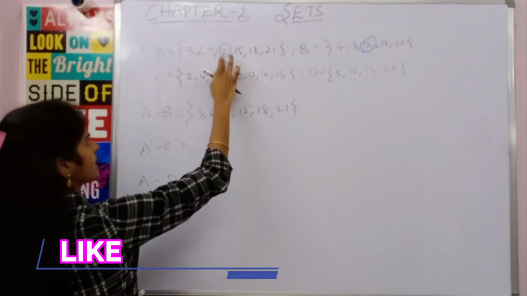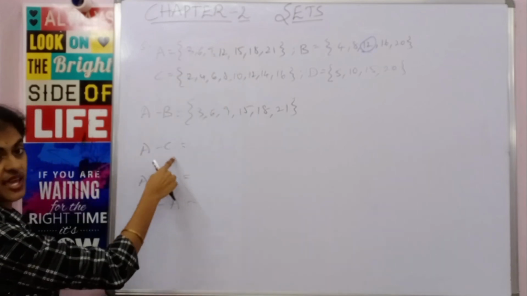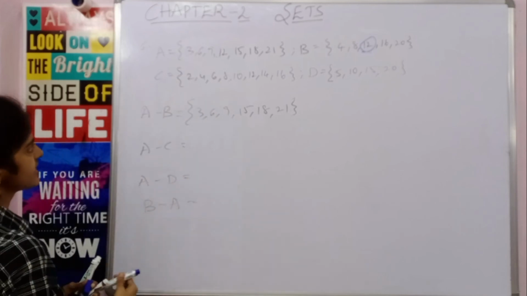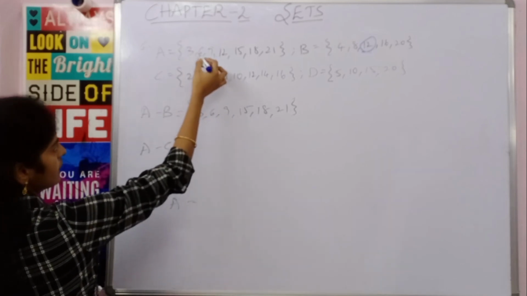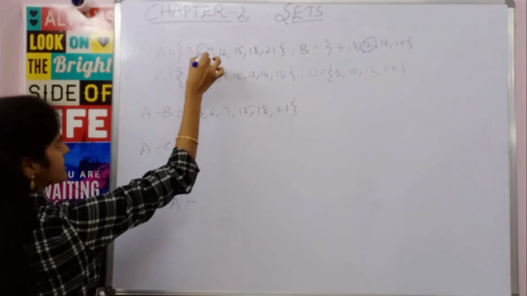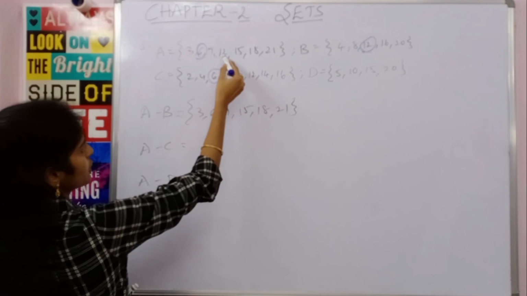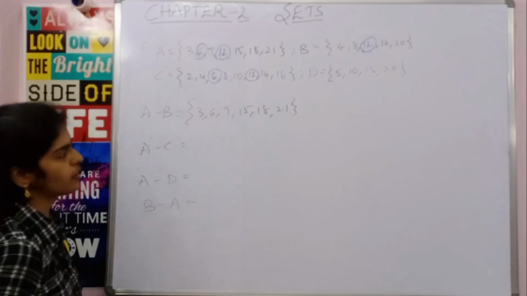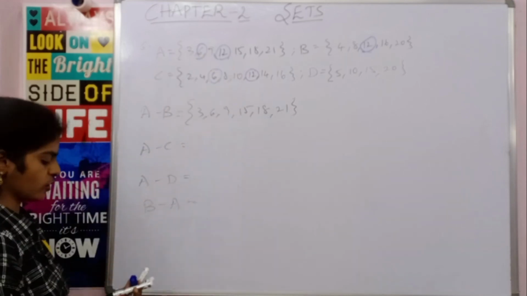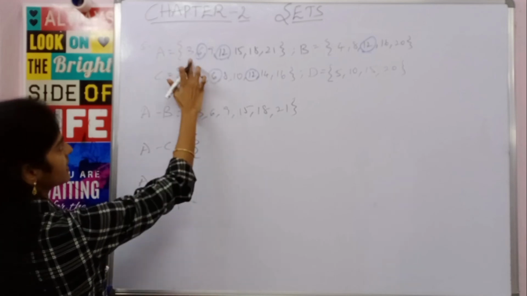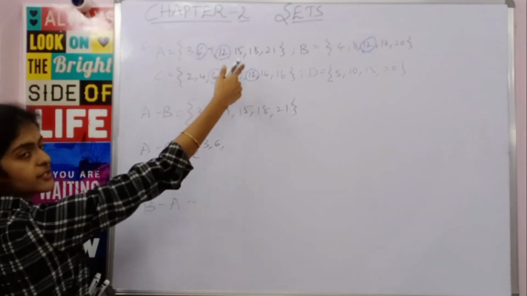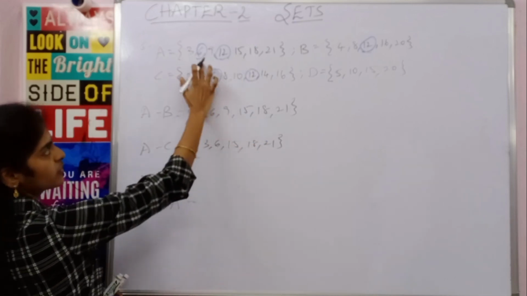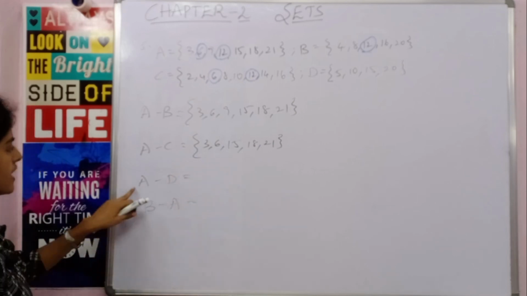Now what is A minus C? In A minus C also you will consider the set A, because it is A minus C, and you will check if there are any common elements for A and C. Now let us see. You have 3 here, there is no 3. You have 4, 6, there is 6 here. So 6 is common for both the sets, and then you have 12 and see, 12 is common for both the sets. There are no other common elements. You will remove them. So A minus C is 3, 9, 15, 18, 21. You will list only the elements of A again, removing the common elements and writing the other elements. Clear?